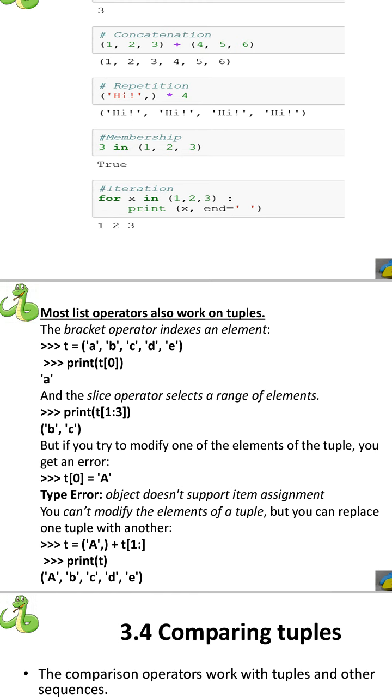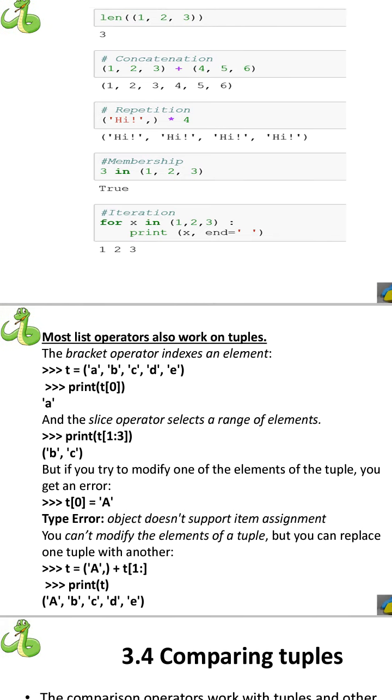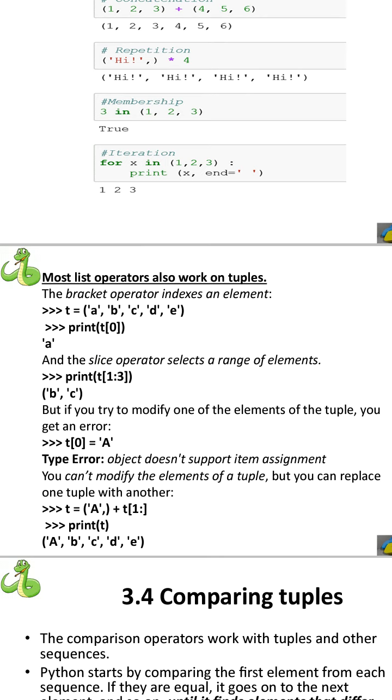The membership operator, that is in, checks whether a given element is present inside the tuple or not. In this case, I want to check whether the element 3 is part of our defined tuple or not. So for that I am using the in operator. I am stating 3 in a tuple which has 3 elements with values 1, 2, 3. When I perform the in operation on the tuple, as 3 is part of our defined tuple, it outputs true.